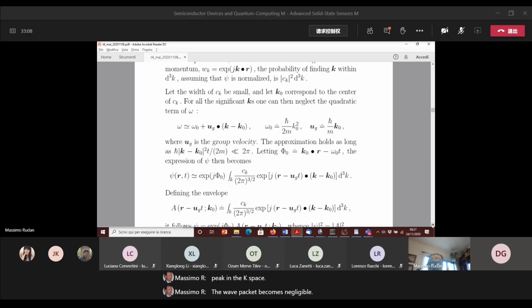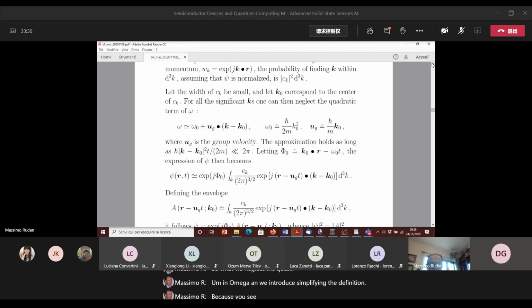If that happens, as we said before, the only values of k that are of any importance for the wave packet are those that are in the vicinity of k0. So we neglect the quadratic term in omega, and we introduce a simplifying definition,